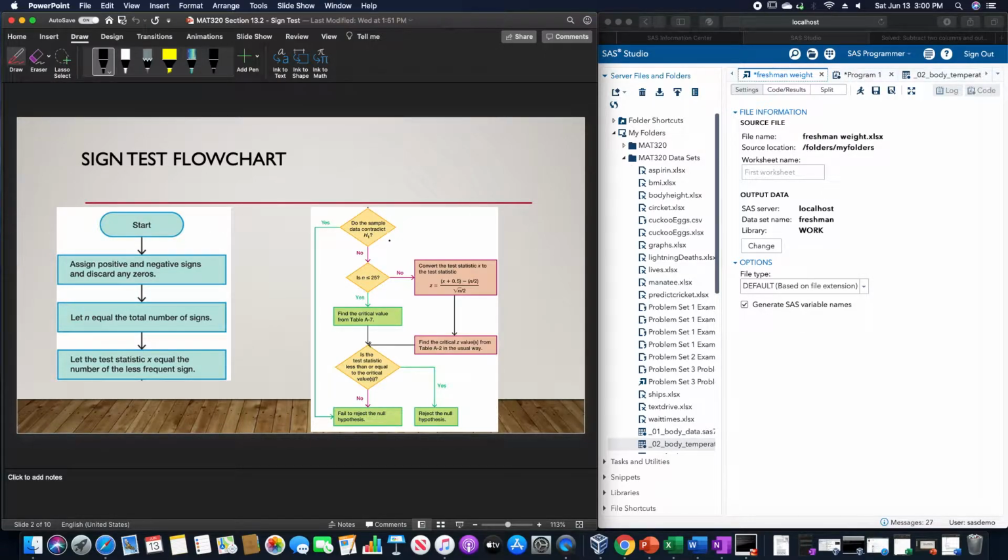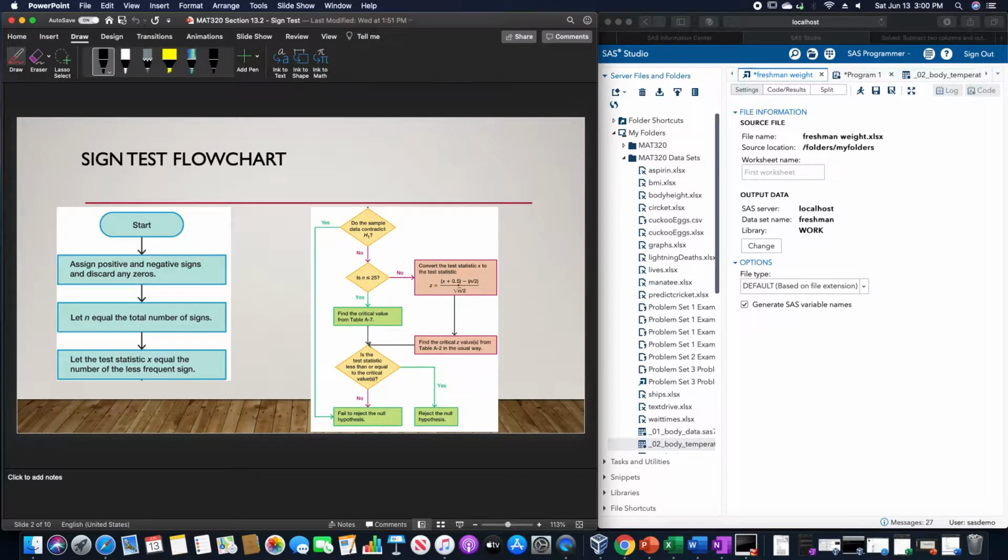Then, do the sample data contradict the alternative? If that's a yes, we just automatically fail to reject the null hypothesis. If it's a no, then we check to see if the sample size is less than or equal to 25. If that's a no, then we convert the test statistic x to the test statistic z is equal to x